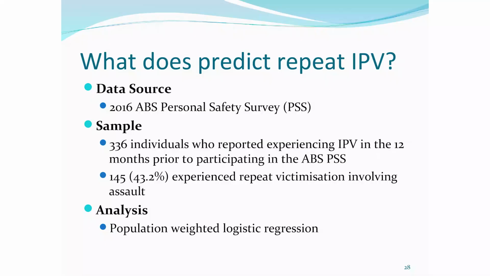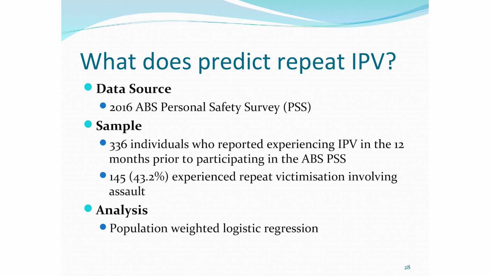So the data source is the 2016 ABS Personal Safety Survey. It's a large representative sample survey across the country as a whole. The special thing about this survey compared with the annual victimisation survey that Karen was talking about is that they go to special efforts to ensure that when they interview women who are victims of various kinds of crime, when they get to the assault, they make special efforts to ensure that they are not asked in the presence of any male. This followed from the Canadian Survey of Violence Against Women.